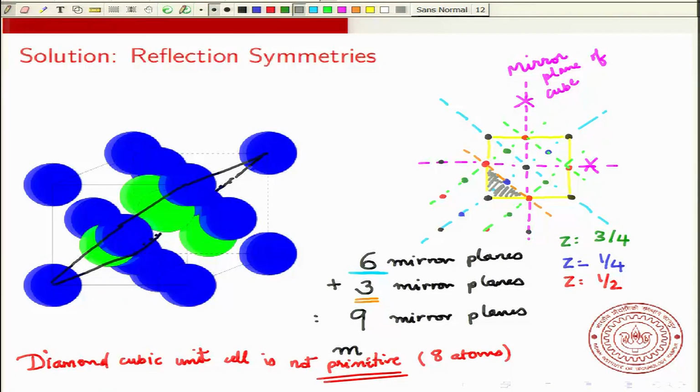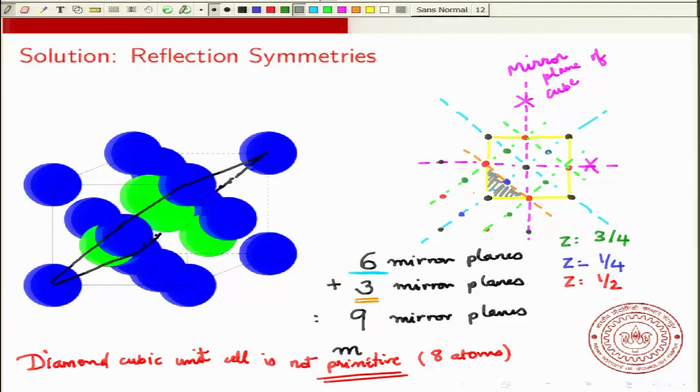Keep in mind that this diamond unit cell is not primitive. It has 8 atoms. So if you take 1/8 of this cell, then by symmetry operations you should be able to generate the entire cell. So what it means is that you only consider this 1/8 for all the operations. This is something to be kept in mind, that it's not always easy to count the number of unique